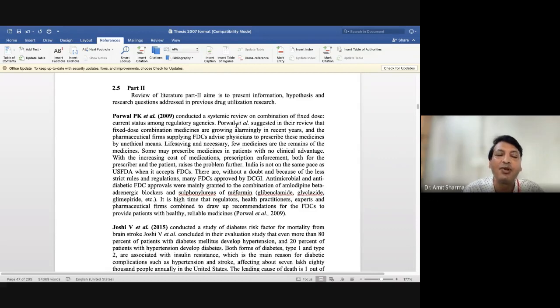In simple terms, if any person wants to find out what is there in your thesis, he should refer to the introduction chapter of your thesis. After reading that introduction chapter, he should be able to understand what he is going to find in the results, in the conclusion, and in the discussion chapter. So that introduction should be the introduction of your work, not the introduction of the topic which you have selected for your research.